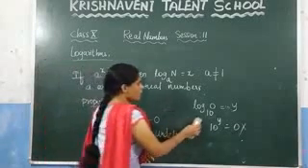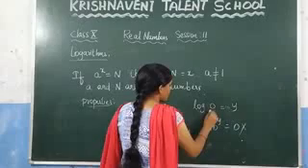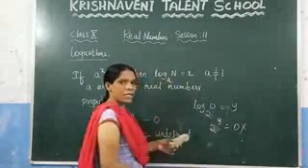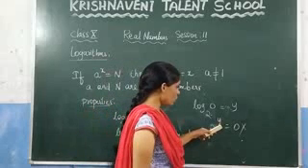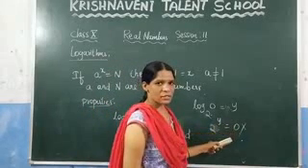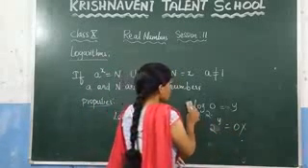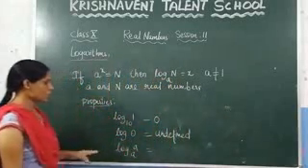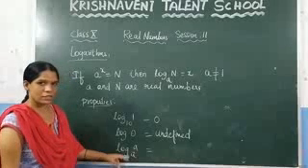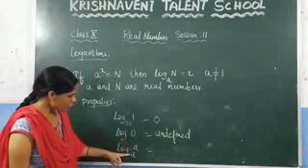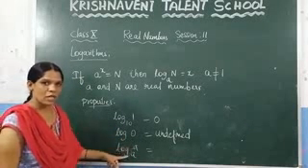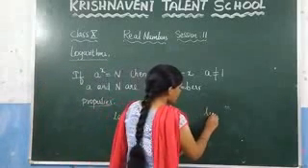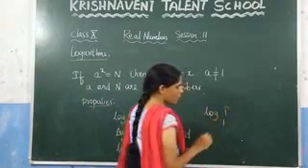You can take any base here. Consider the base 2. You can write this as 2 power y is equal to 0. Here also, if you put any value of y, you will not get the answer as 0. For that reason, the log 0 value is undefined. Now the next one, log a to the base a. You can observe that these two values are the same. If these two values are the same, what will be the result here? Now check it. Consider one example, log 1 to the base 1.